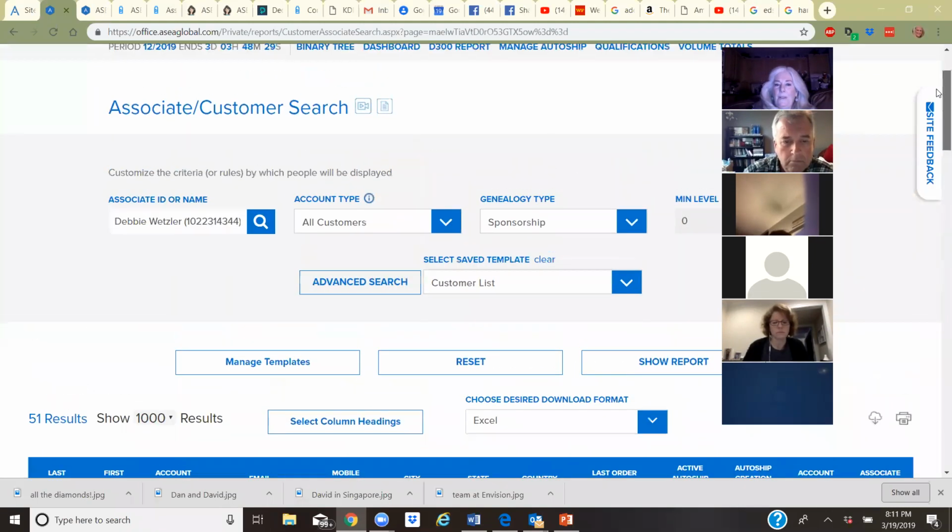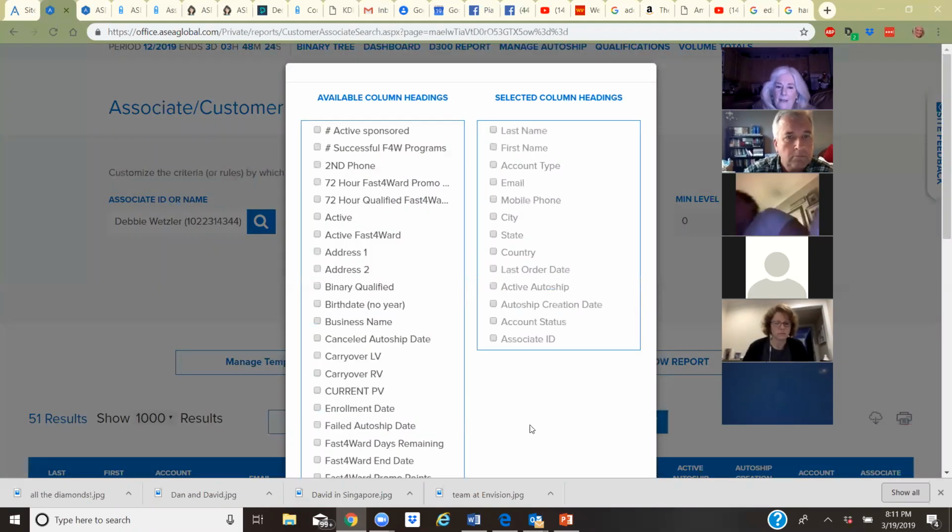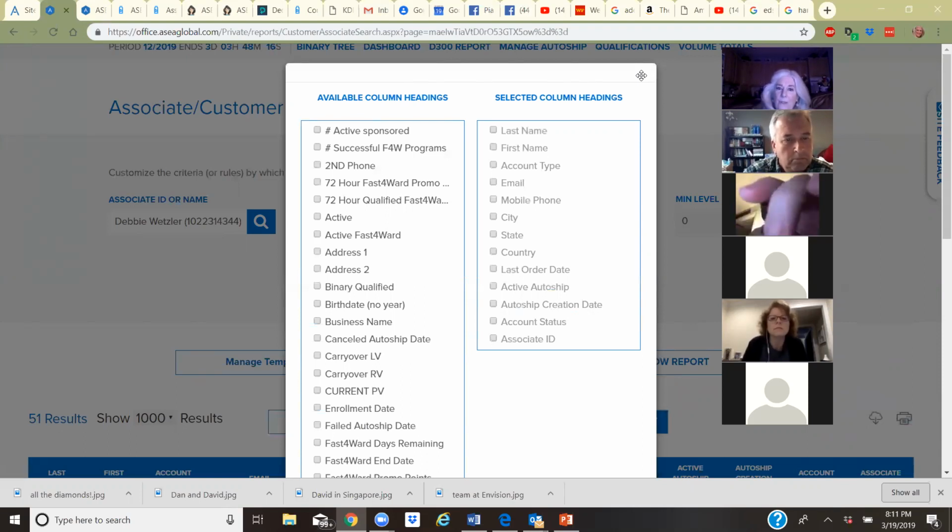And this, you can literally set up anything you want. And if you select column headings, since we're in this right now, here's all the things that you can put down and you can name them all differently. So you could have one that just had people's emails on it. So you could go in and look up people's emails quickly. You could have one